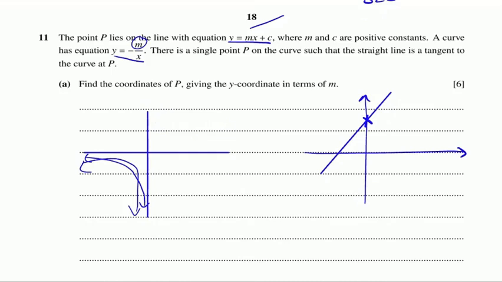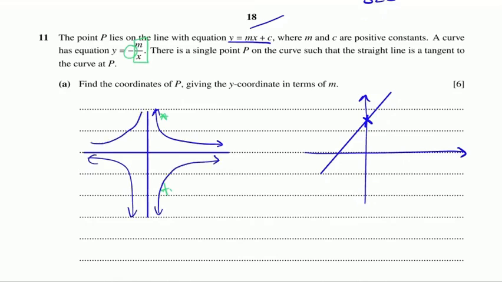Okay, but then the minus in front there, we can see a minus in front of the function means that it flips it. So here I'm taking all my y values and I'm making them negative. So if all my y values become negative, that means I'm flipping it over the x-axis. Okay, so this was my original graph. Now I'm going to flip it over the x-axis and it looks something like that. Okay, so I've got a straight line and I've got a reciprocal curve. So I'm just going to draw them both on the same